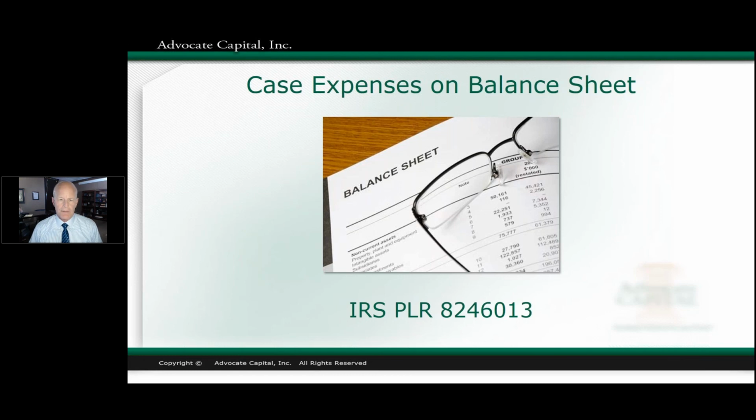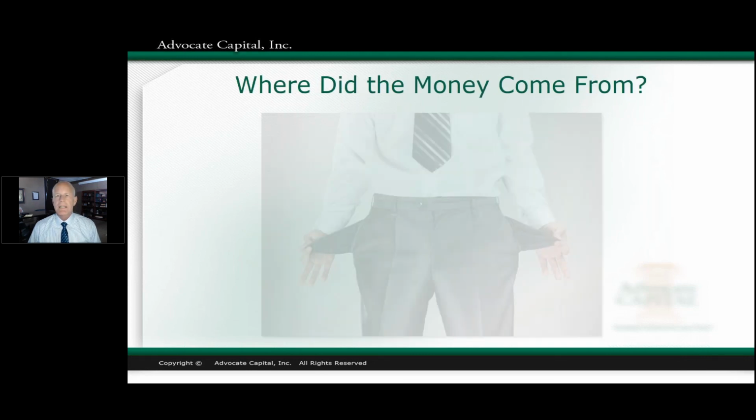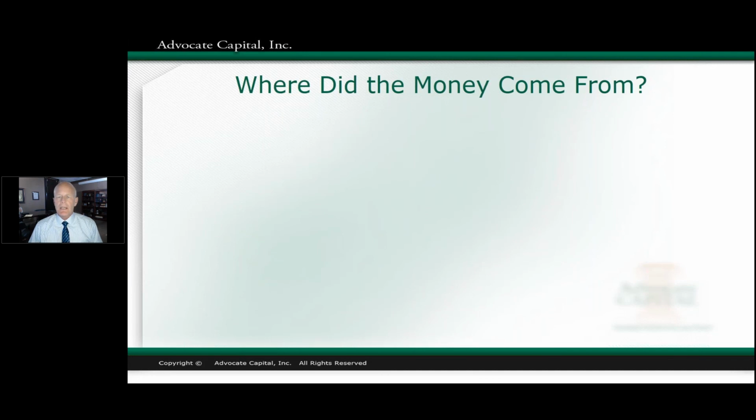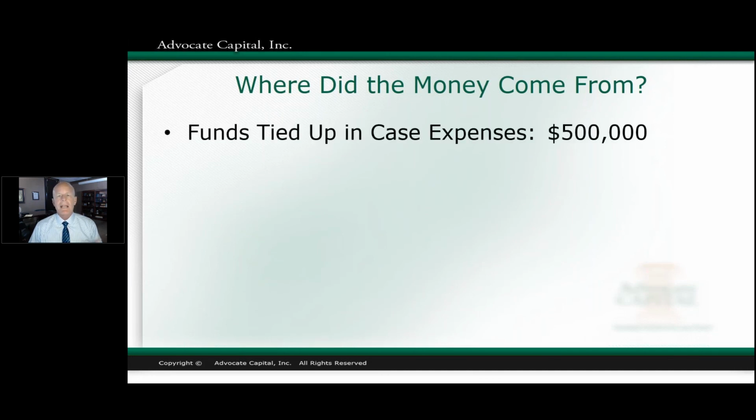All right, let's continue. Let's think about the money that you have tied up in case expenses. Where did that money come from, right? Well, you probably know it came from legal fees. Let's look at an example and kind of back into how much you have to take in as a law firm in total settlements or verdicts to come up with after-tax cash of $500,000 to have in your case expenses. So how much do you think that is? How much do you think your law firm needs to bring in gross fee revenues, or rather in the settlements, to end up with $500,000 after taxes?